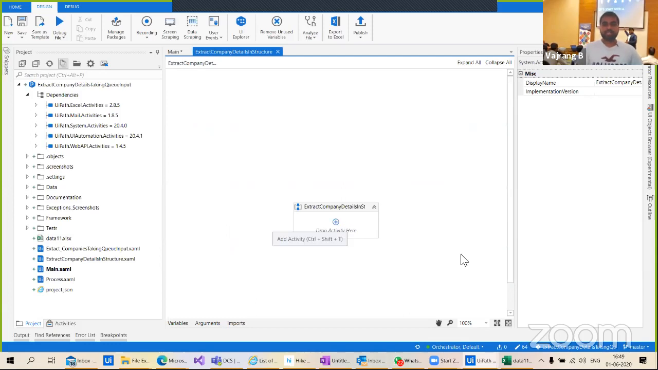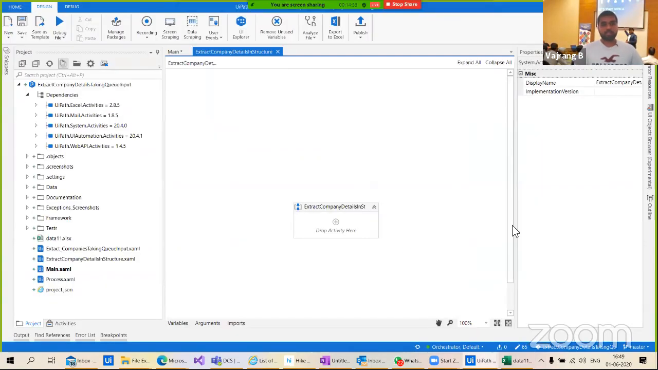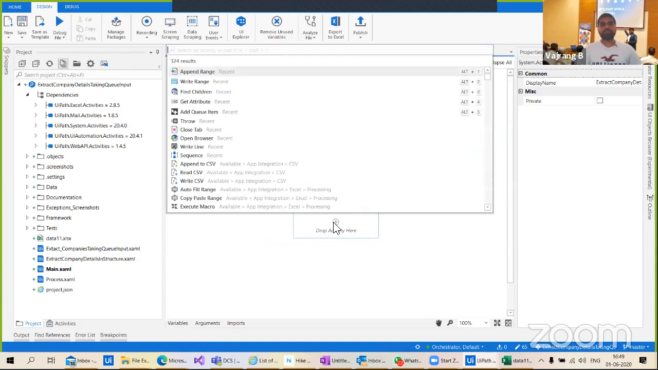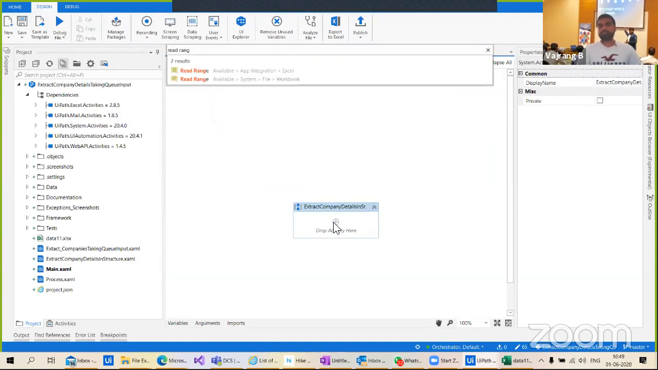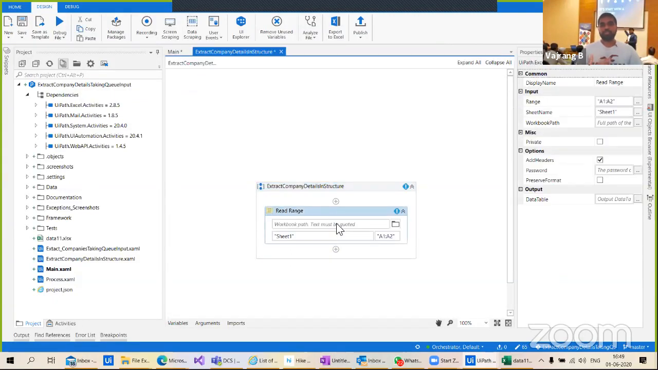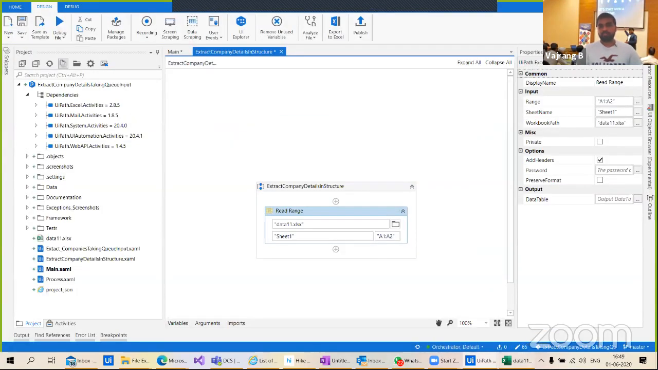First, let's read the data table because every time we need to use data table as an input. So either we can use that directly or else, okay, let's go with read range activity. In this read range, let's keep a workbook so that this will not be changed. And I need not keep multiple items. In this, what are we writing? We have sheet one. In this sheet one,